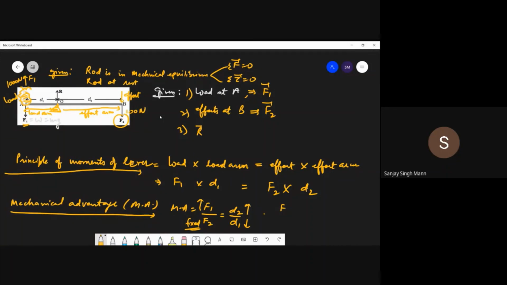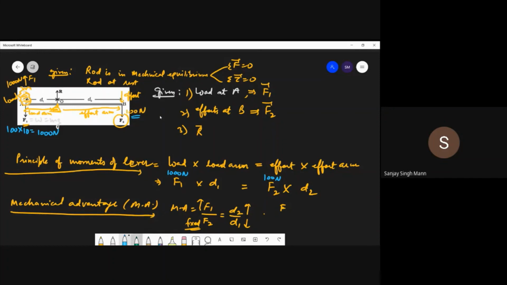So how can I do this? This 1000 Newton I want to pick with 100. So this F1, I want to pick this 100 kg. If this is 100 kg, then 100 kg multiplied by 10, the acceleration due to gravity. You can take it 9.8 or 10. So that is equal to 1000 Newton. So I want to pick a 100 kg load, but I can apply the effort only 100 Newtons. But still I want to balance it out.